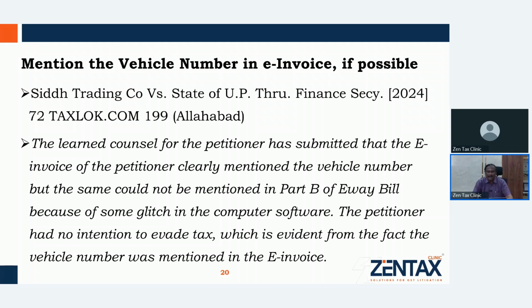Why am I saying this? Because in this case, they generated the e-invoice, but the vehicle number was wrongly filled in the e-way bill. There was an interception and then a penalty. So the matter went to the court. The court told them, you have got the e-invoice and the vehicle number there is correct. Because there is some clerical error in Part B of the e-way bill, you need not levy the maximum penalty of 200%. That is the observation of the High Court. If it is possible, this will also be helpful to you once if there are some mistakes in the e-way bill.